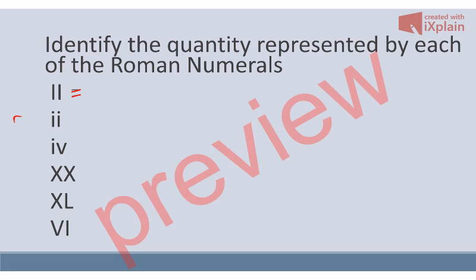Okay, so 2 uppercase I's equals 1 plus 1, and that equals 2, right? If you have 2 lowercase i's, 1 plus 1 equals 2 as well. If you have a lowercase I and a larger quantity in front of it, that means we're going to do subtraction. So the lowercase v is equivalent to 5. So we're going to do 5 minus 1 equals 4. So this is v minus I equals 4,